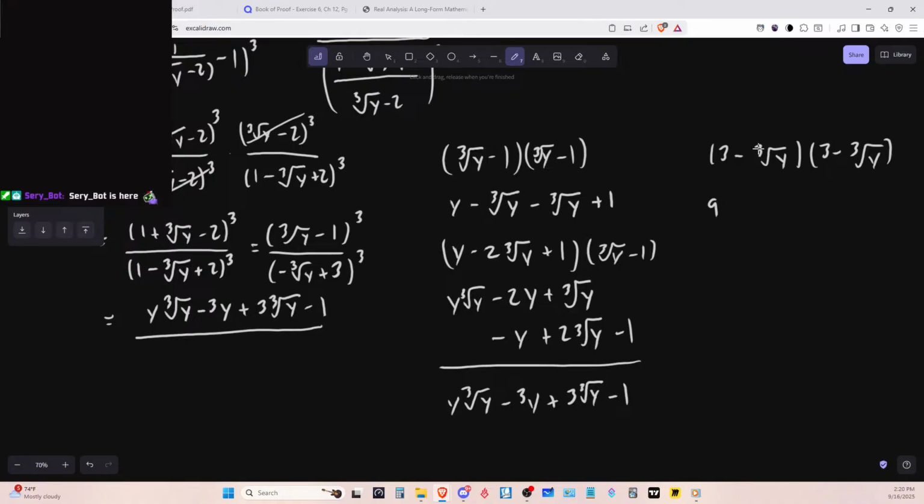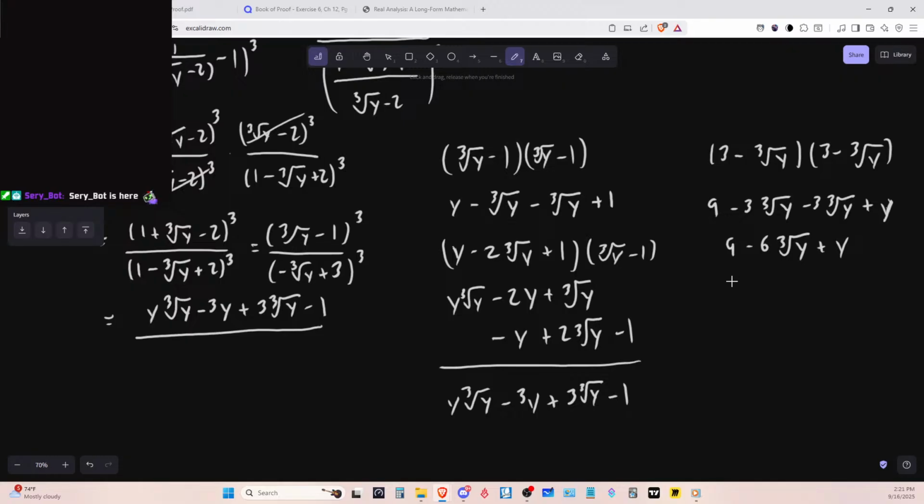Then we're left with 9, then minus 3, then minus 3, and then these two together make positive y, and we get 9 minus 6y cubed plus y, and